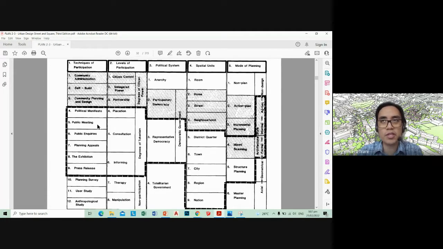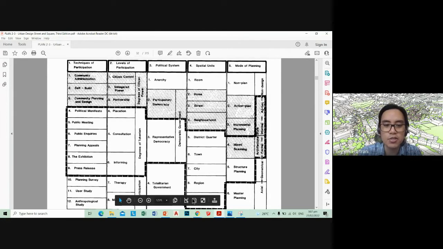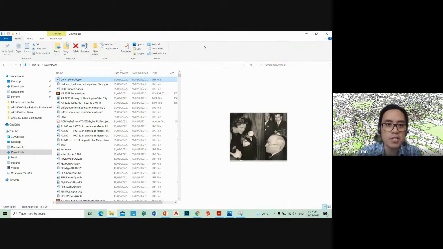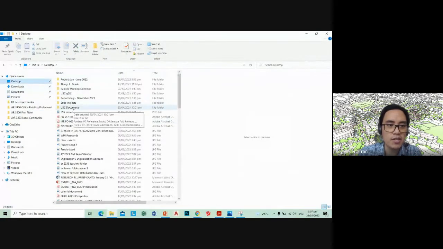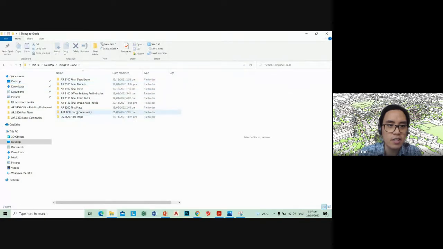So what Moughtin found in cities in the 1800s, I wouldn't say there was a lot of participation, but the government had a lot of power. But at the same time, they really cared about the health and welfare of their citizens, which is a stark contrast to what's going on in the Philippines today. So the Filipinos in general feel disenfranchised and not included at all in the design of the urban environment. So if you look at our samples over here,